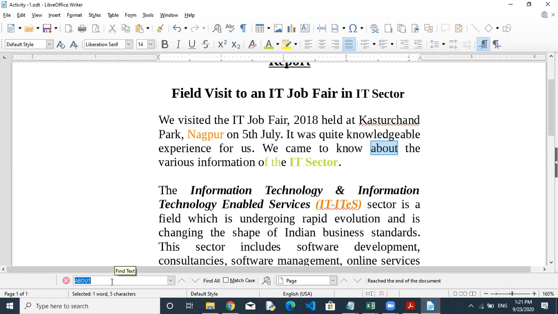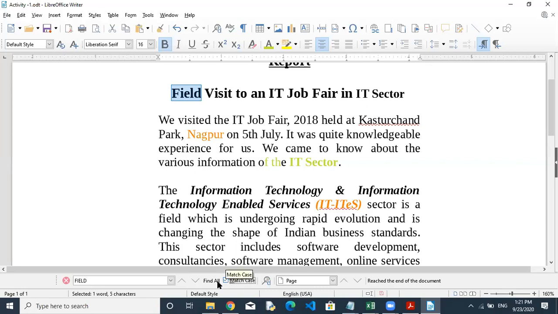Okay, no problem. Now I'm writing here field, F-I-E-L-D, and pressing the Enter key. So it's searching here. I'm pressing the down arrow. It's trying to search more. So only 2 words are there in this search. There is a match case because I have written field in capital letters.